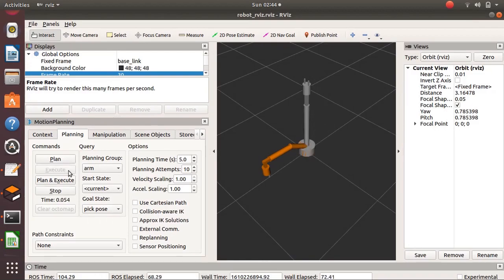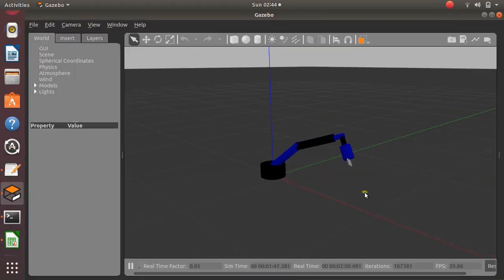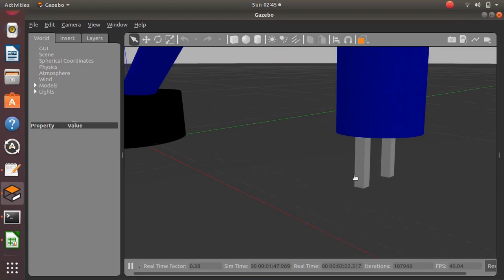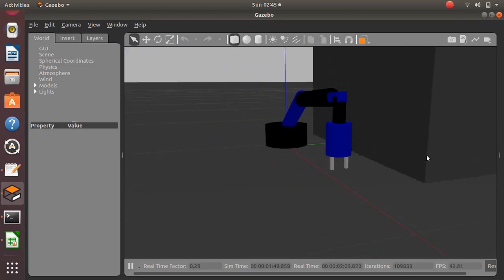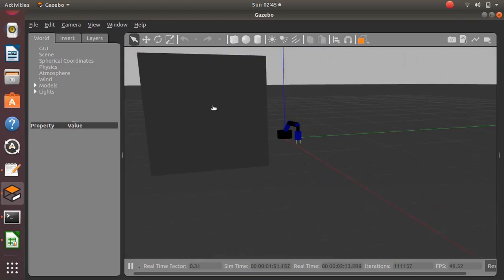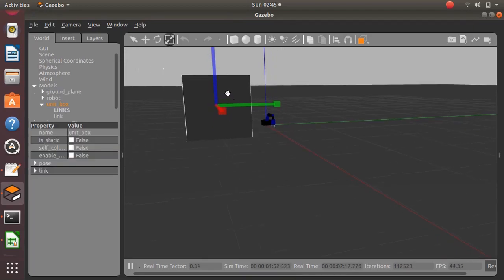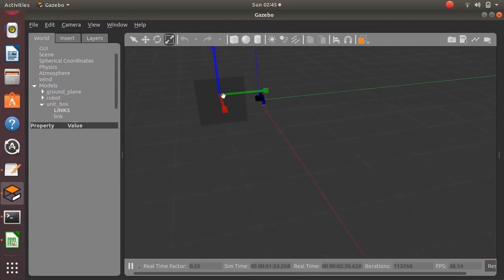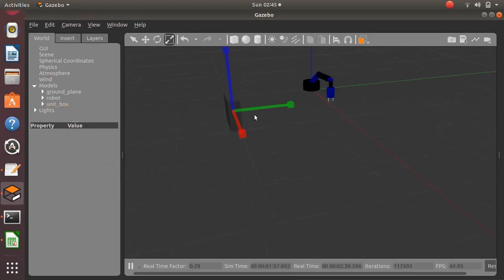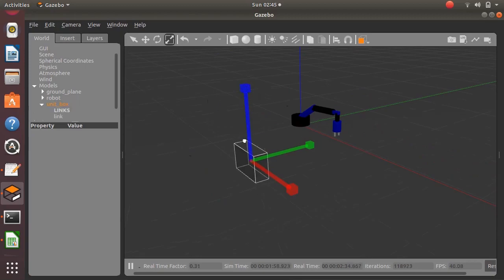So we are trying to give different poses, planning and executing them. So we have selected the pick pose. So take a cube from the Gazebo environment and then resize using this button. After resizing,